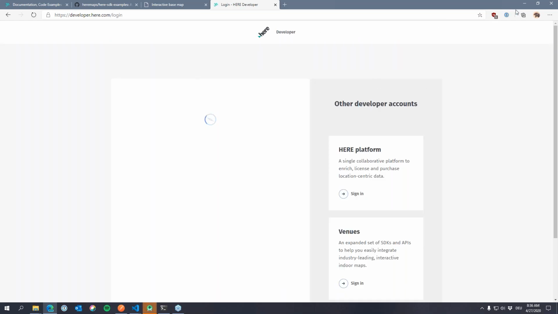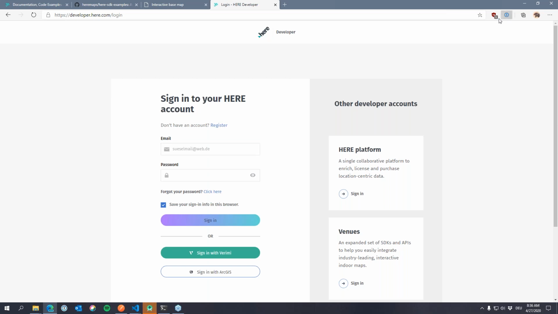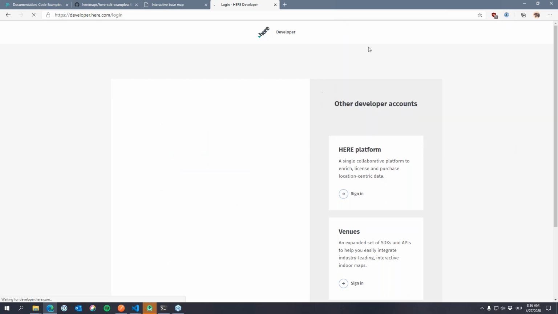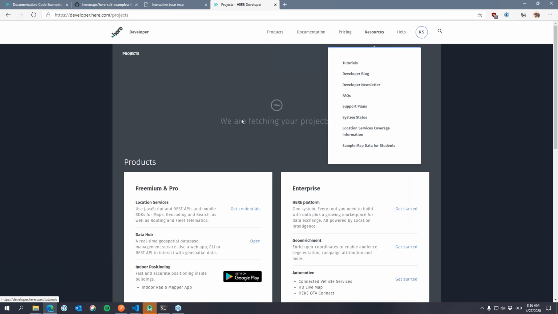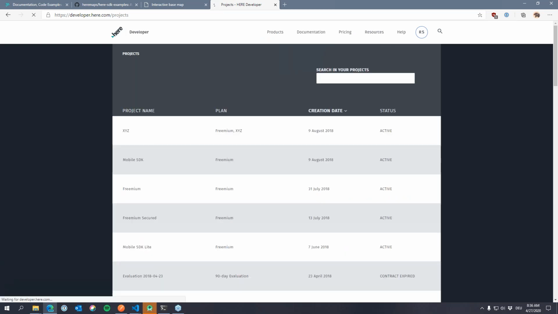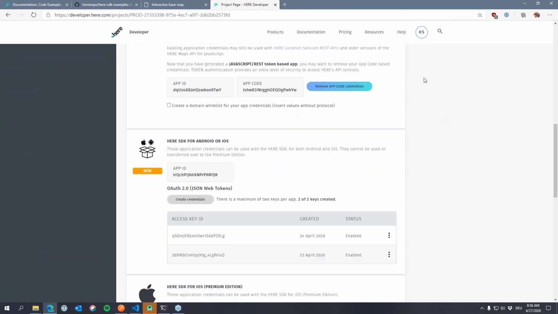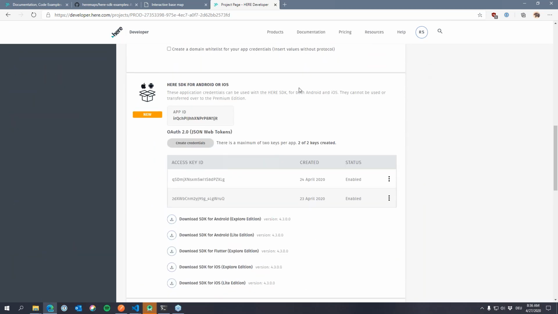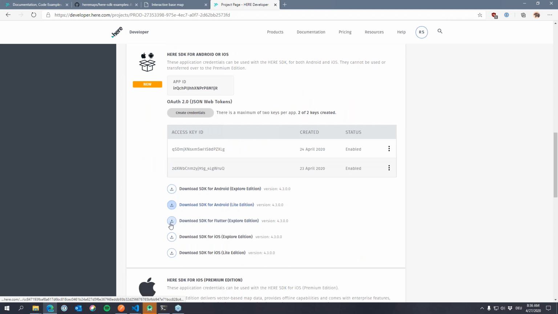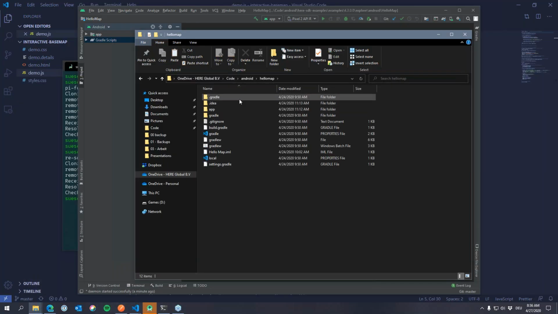For some reason I'm not logged in anymore. Let's log in. You get that in your account settings. When you've created credentials for the Android SDK, you get these little download links. So you would download this, that'll give you a zip file which contains the AAR file. So this is where I got that. So you put that under,